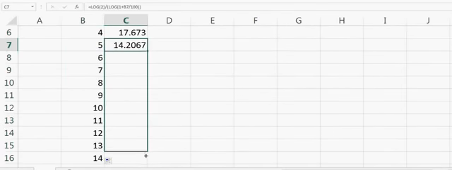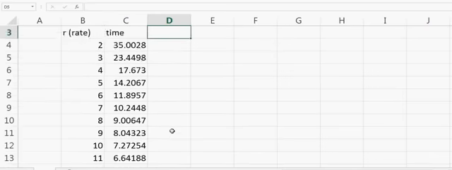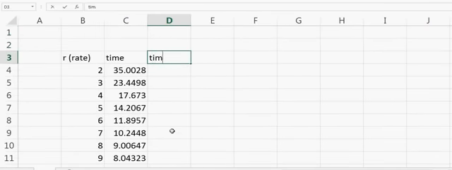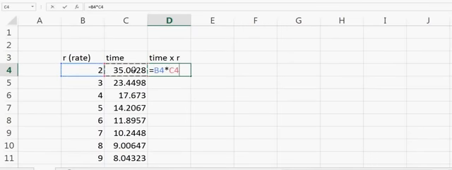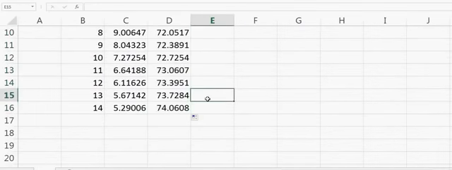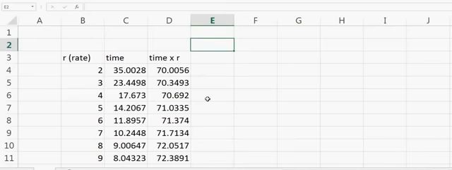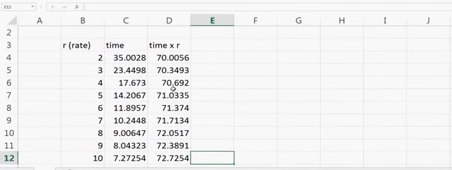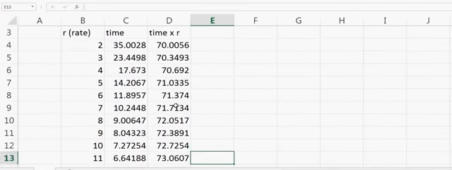So now if you look here, then if you multiply time with r, that will be equal to 2 into 35, so that is 70.0056. So this is very close to 72. So if you keep doing this, you will see that all the numbers are close to 72. So 70.3, 70.6, 71. So if we approximate the number to be 72, then all we need to do is